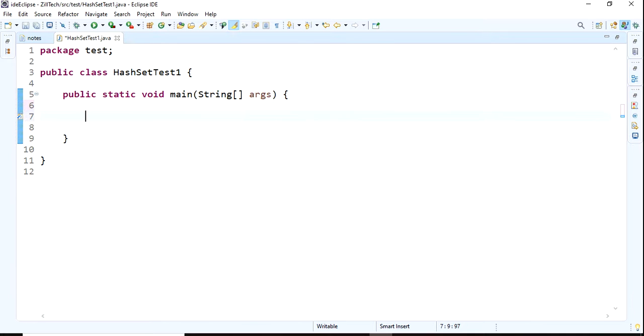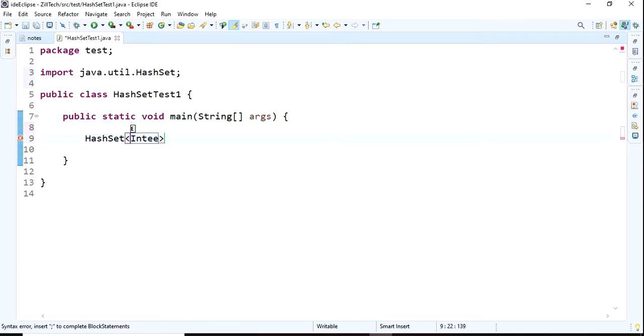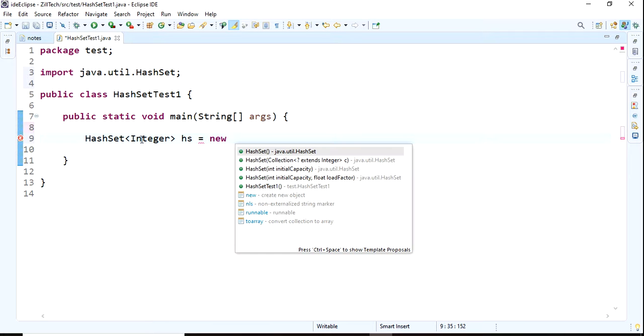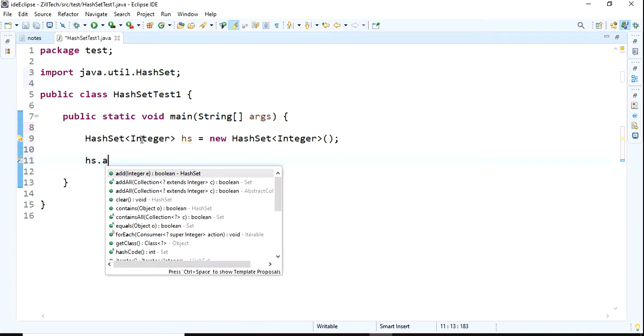Now I'll create one HashSet object. HashSet is in the java.util package, and the element type should be Integer. Next I'm taking a reference like hs equals new HashSet.